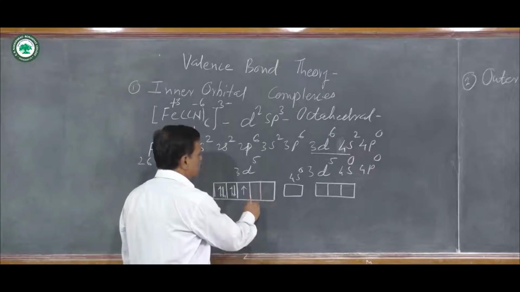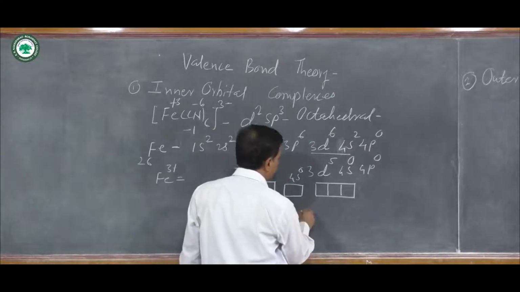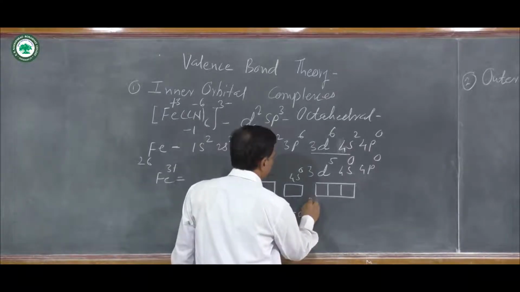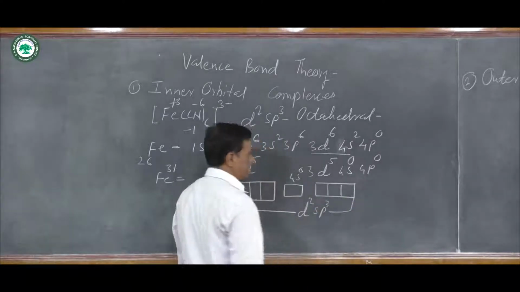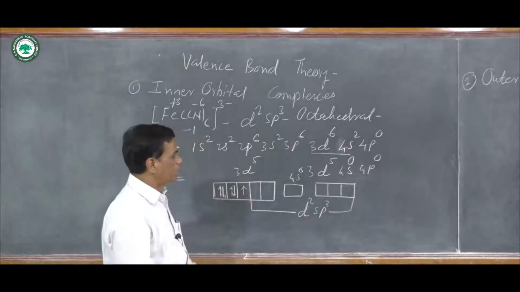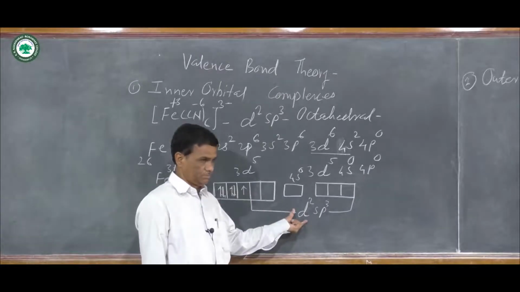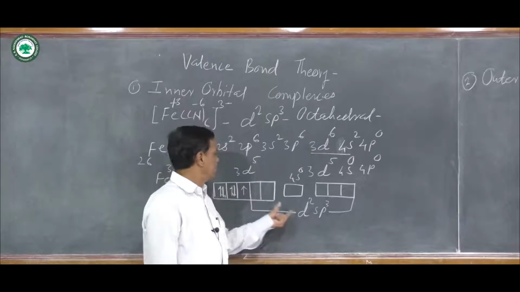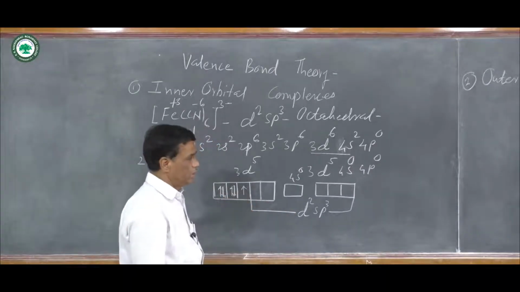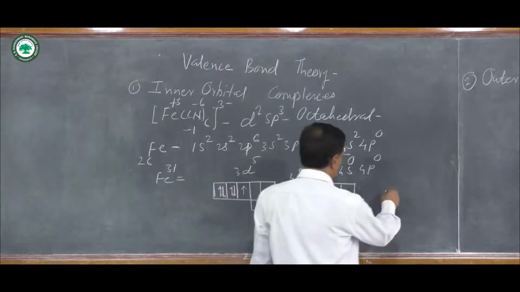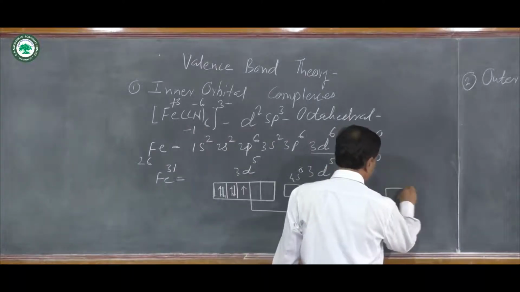These orbitals overlap, and there is a formation of d2sp3 hybrid orbitals. All these hybrid orbitals are equivalent, and here one unpaired electron is present. The shape of this complex compound is octahedral,